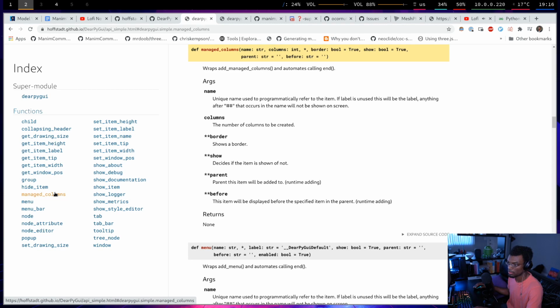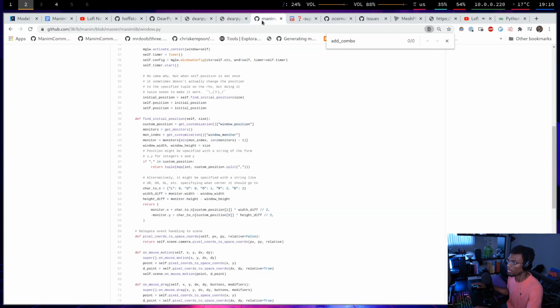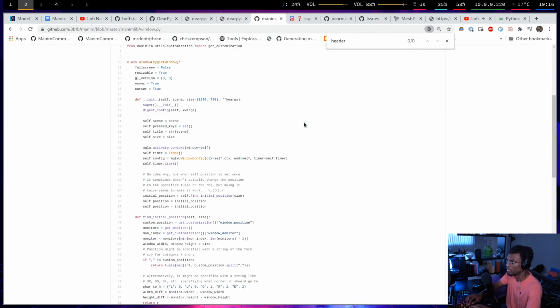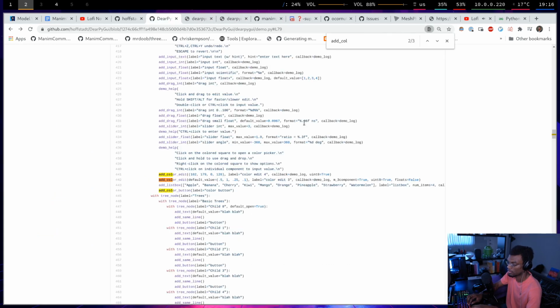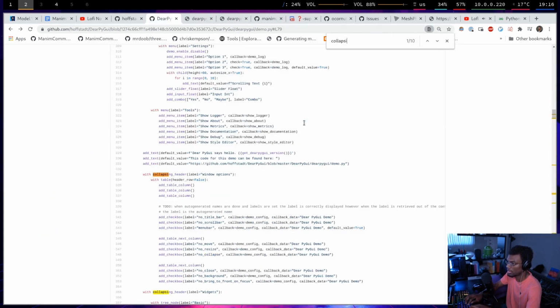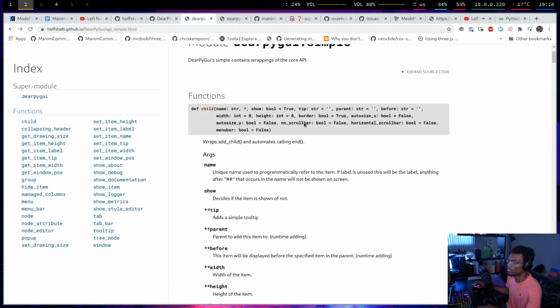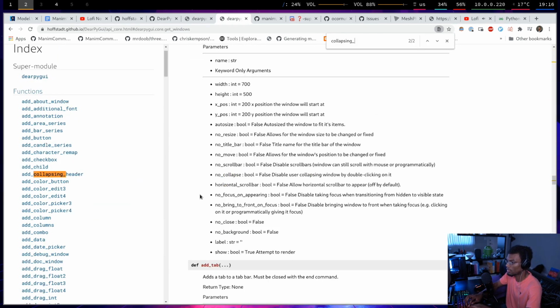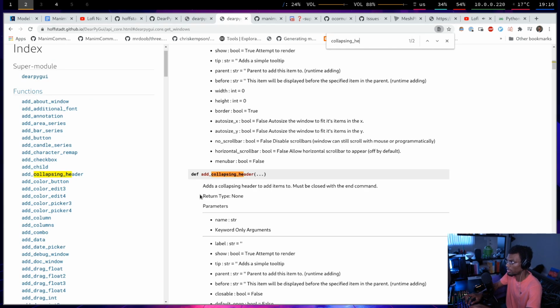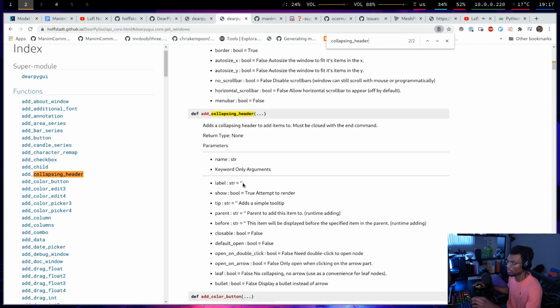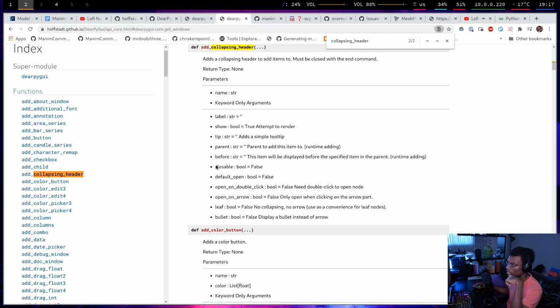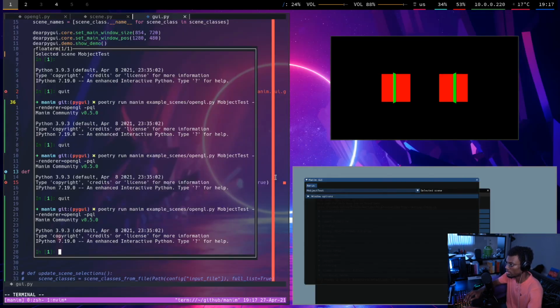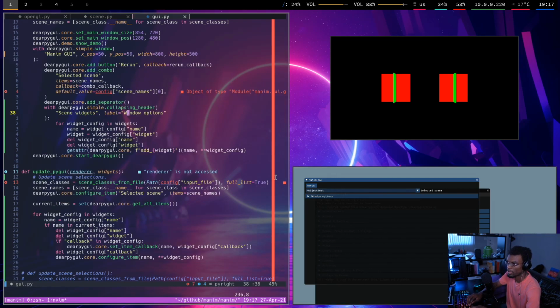What is that? When I go to the collapse, was it collapsible header or something? Why can I never? Header. It says closeable, default open. This is what I want. So for this,